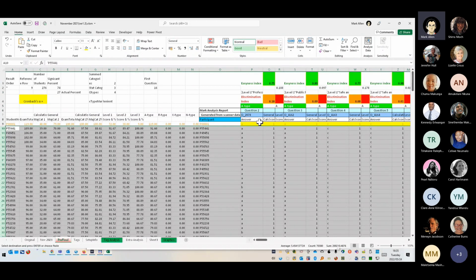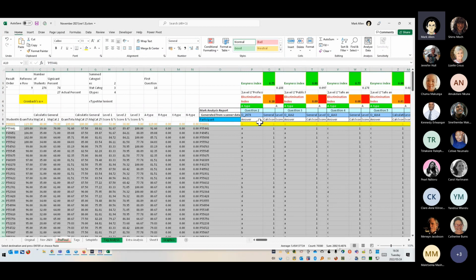Firstly, the idea is that there's a model answer with a correct question, giving you the ability to mark against that model answer. And then the two biggies which everyone uses at the moment are easiness index and discrimination index. Easiness index, if we go back to it again, is the number of students or the percentage of students who answered the